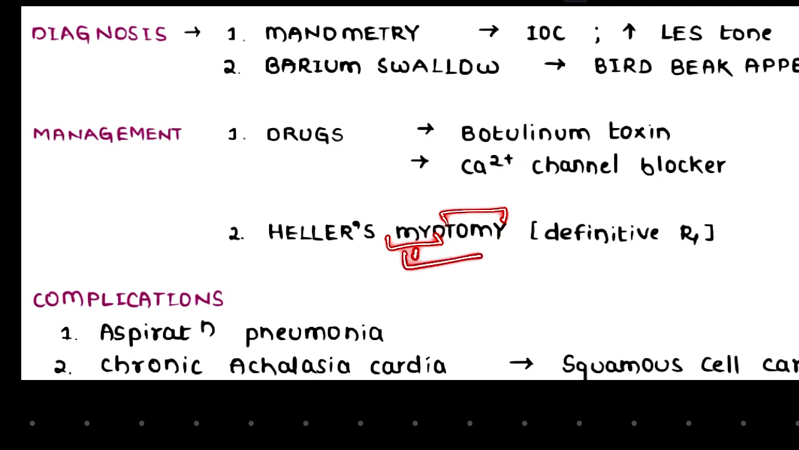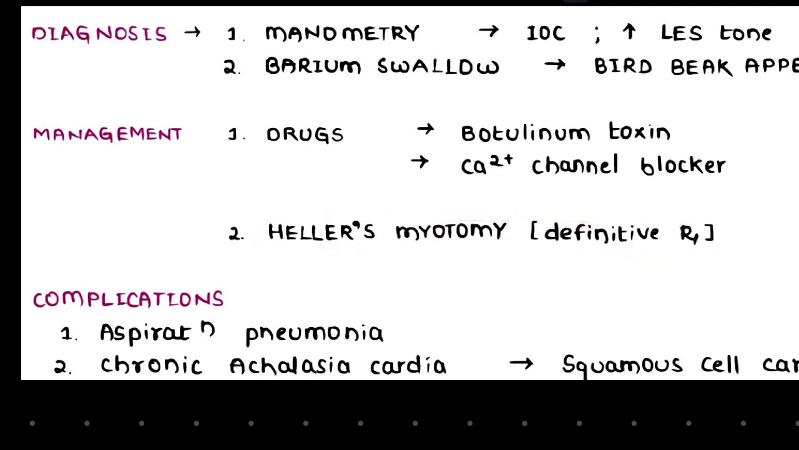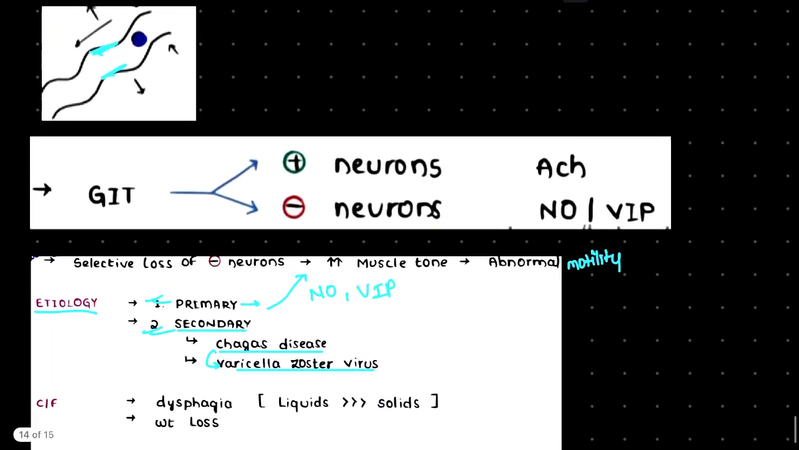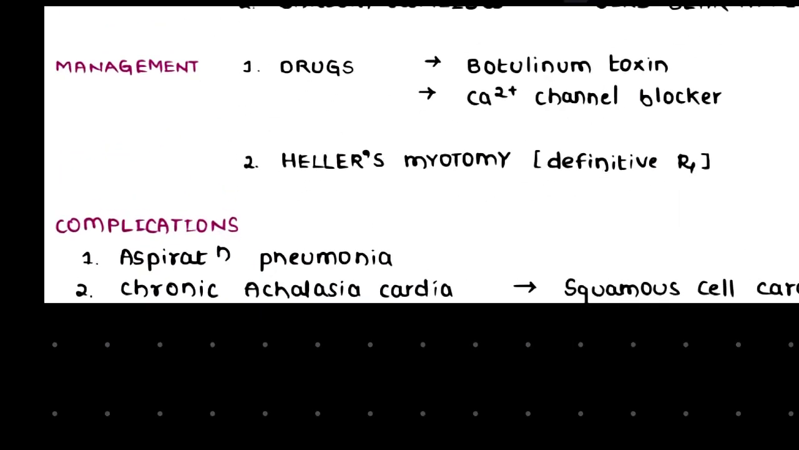Now this myotomy is given a special name, that is Heller's myotomy, and this is the definitive treatment procedure. Now what can be the complication because of achalasia cardia? The complication is aspiration pneumonia. Why aspiration pneumonia? Because since there is constriction in the lower esophageal sphincter, the food content can